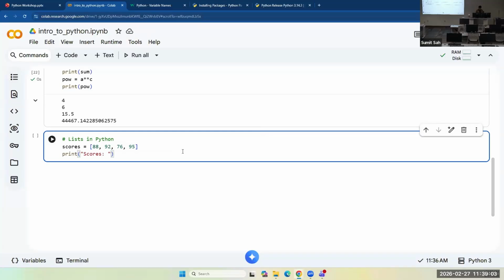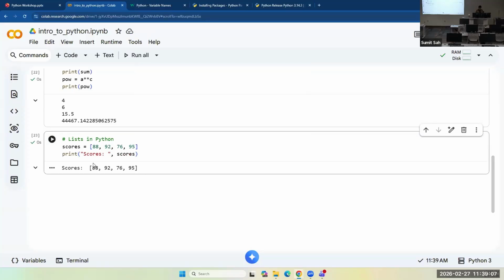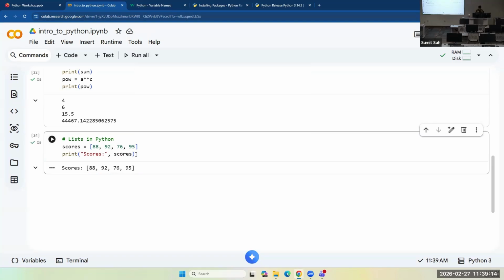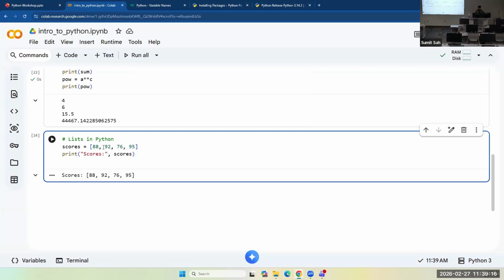It will print out the entire list. And the AI gave me a recommendation to print out the first score. So each element in the list has a position, and it's called the index.